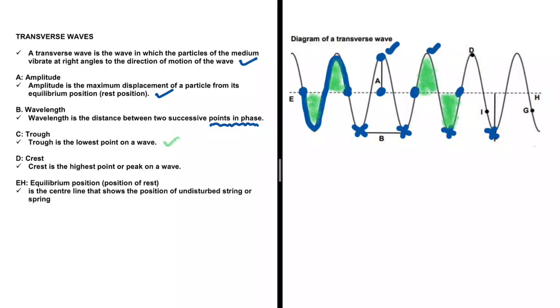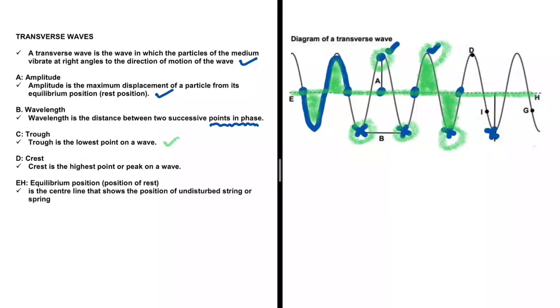And then C, we have a trough. Trough is our lowest point right here, like we have talked about. And then crest, our highest point or peak on a wave right here. And then equilibrium position, the line that shows the position of undisturbed string or spring. This line that is dotted in our case. So there we go. Those are the basics we are interested in